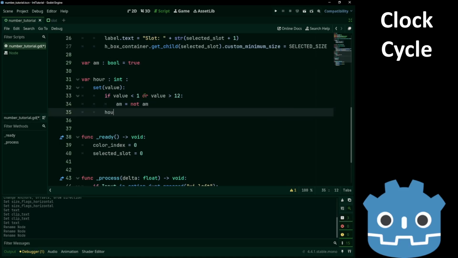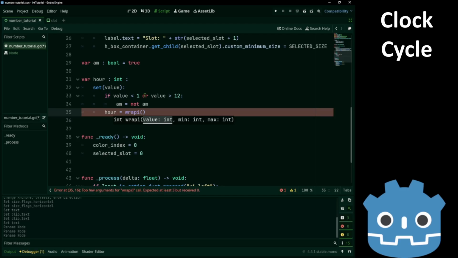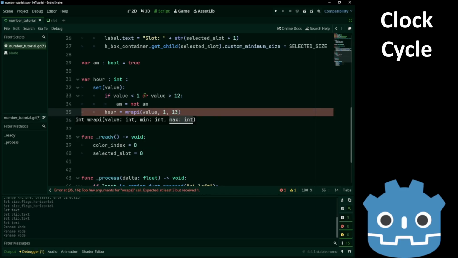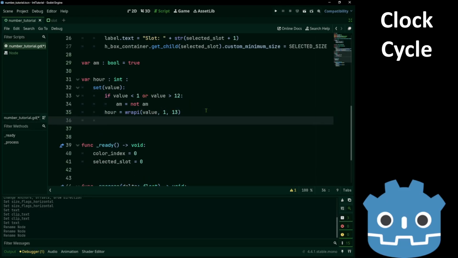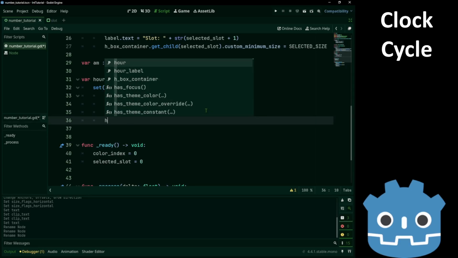Now we can say hour is equal to wrapi value, 1, 13. And finally set the hour label.